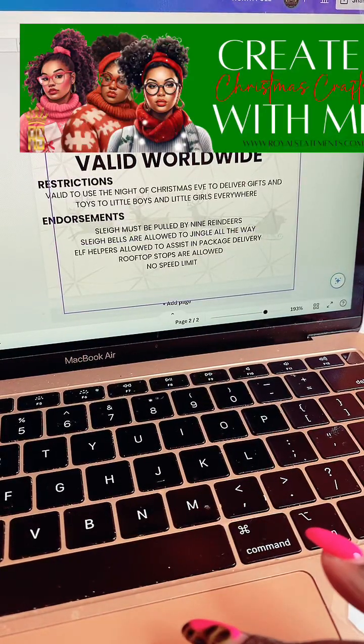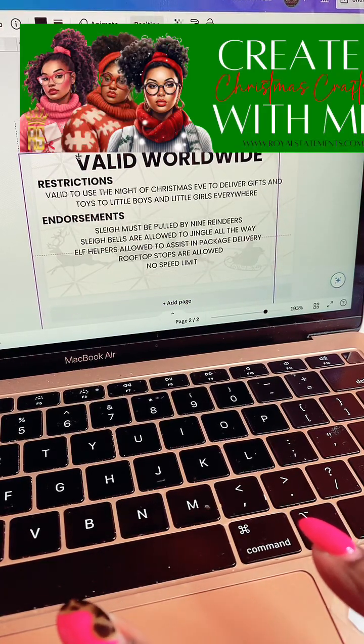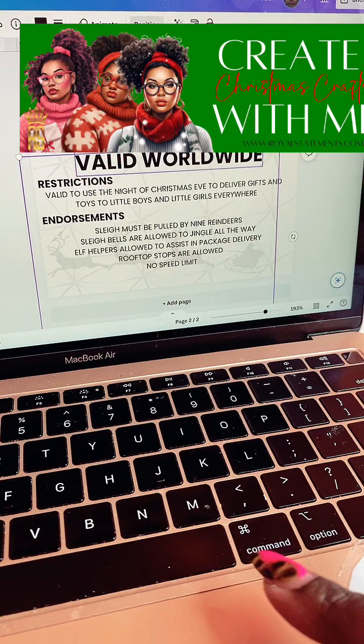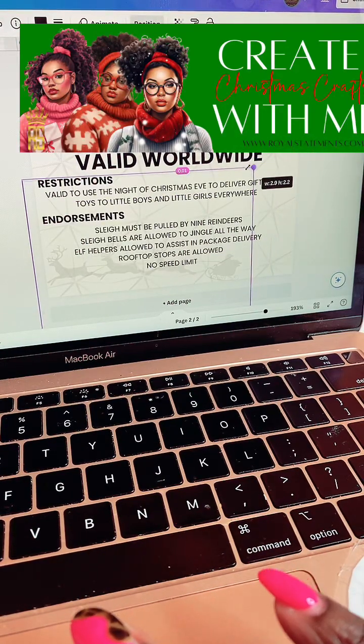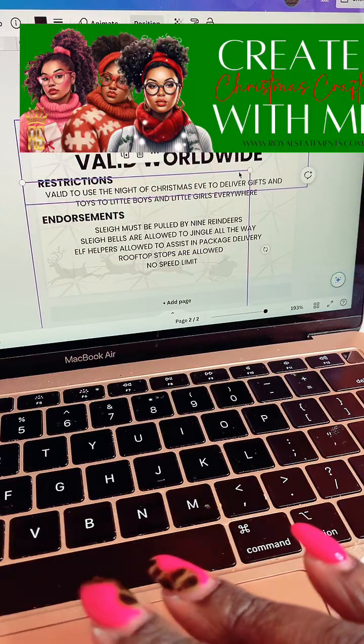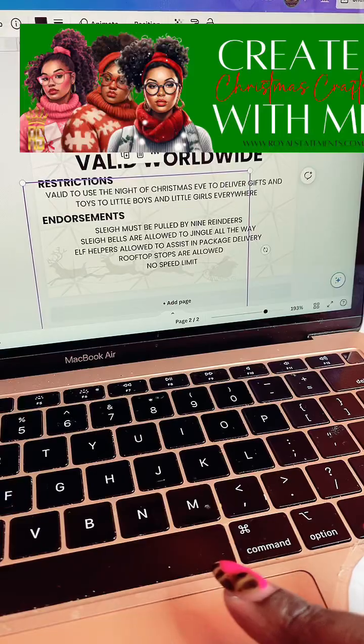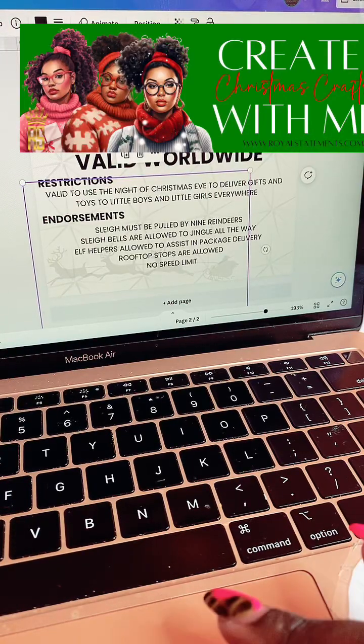That's all it is. Just for the kids to be like, oh, he really did come, because some kids may doubt that Santa dropped by. And so he left his license, so he really was here, right? And so you can print this out using cardstock. You can print it out on a,